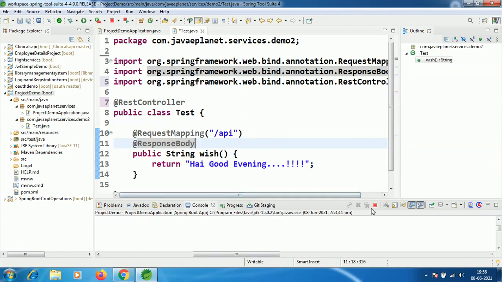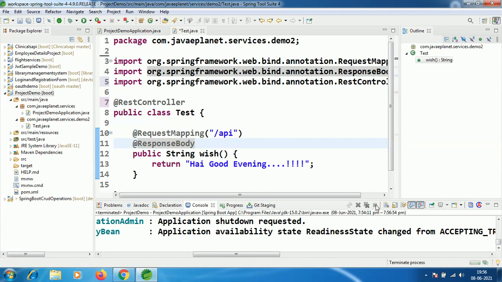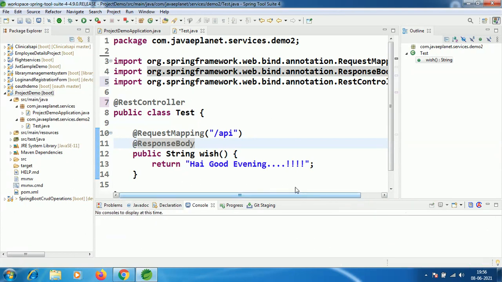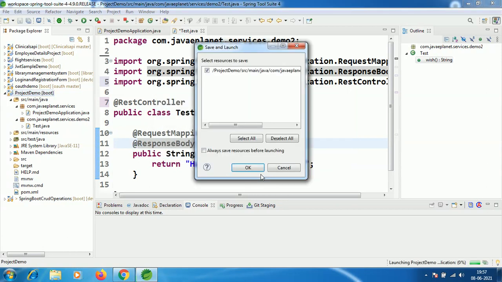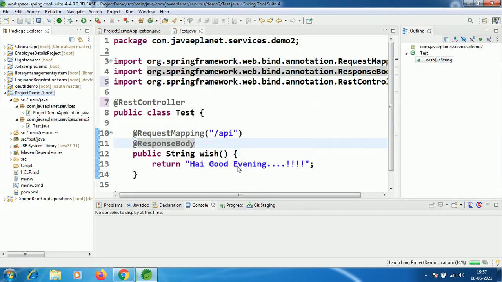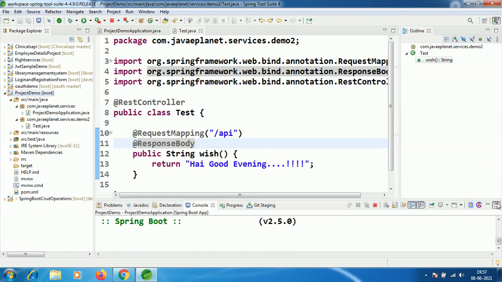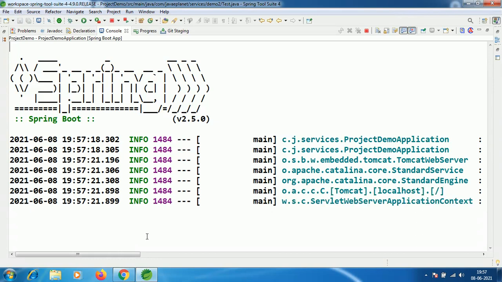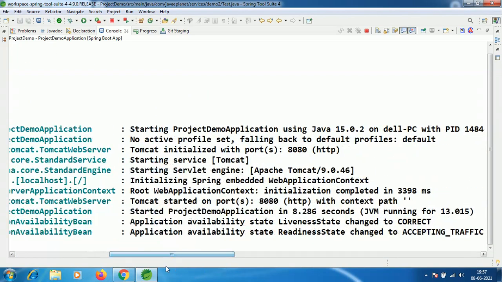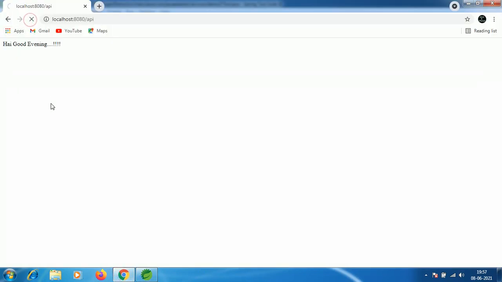Now, stop the server and run it again. Run as Spring Boot app. I think we will not get the output. Let me check. Yes, the application is working.